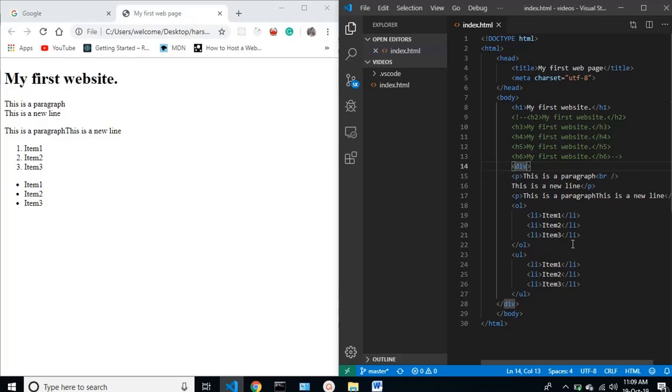The next tag that I'm going to discuss will be the section tag. The section tag defines a section of a web page. For example, if I type this,